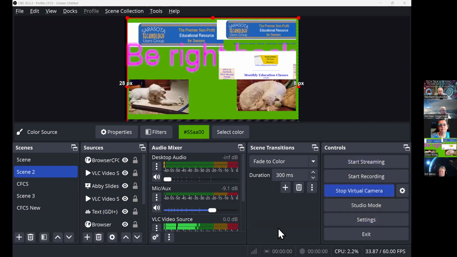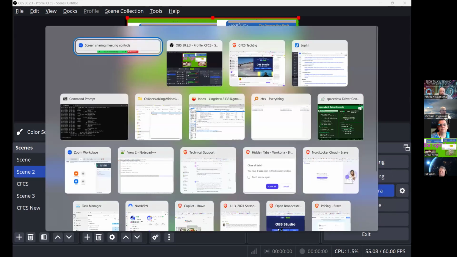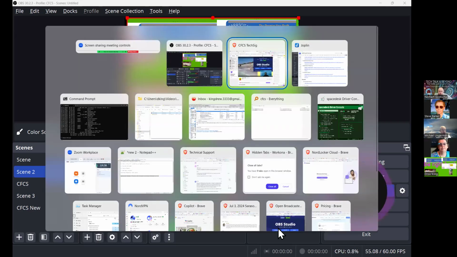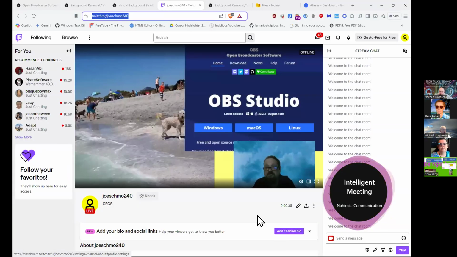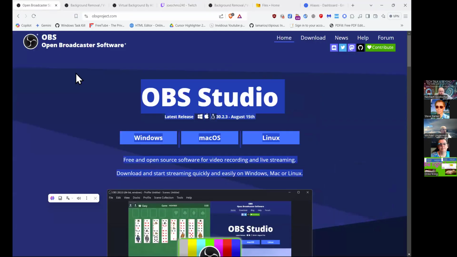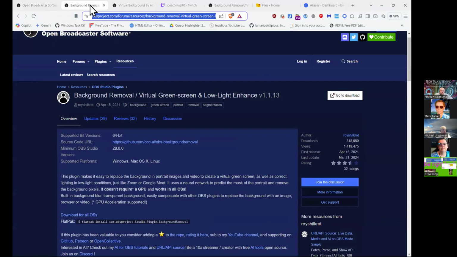Can you put that up on one of your scenes and go to the OBS Studio website and show us the add-ons? This is their main page, and if you go to OBS project,